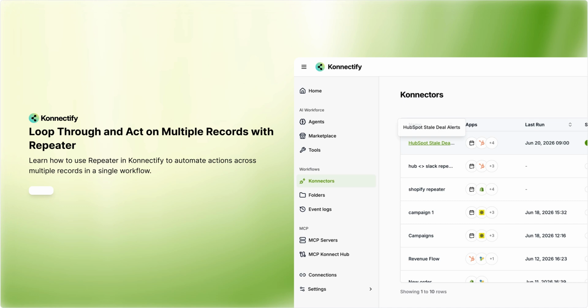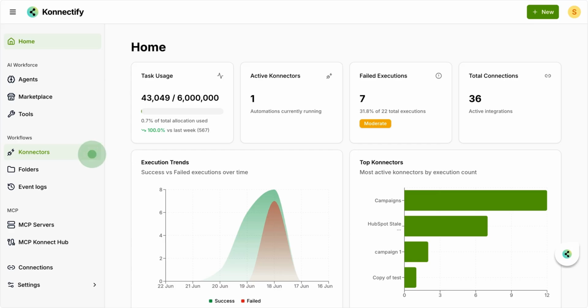alive. This is where Konnectify's repeater comes in, a node built to loop through every record in a list and act on each one individually. On any given morning, HubSpot could be holding 3 stale deals or 30. There's no way to know without someone manually checking every single one, and checking 30 deals by hand isn't a fix. What you need is a workflow that finds every stale deal, no matter how many there are, and handles